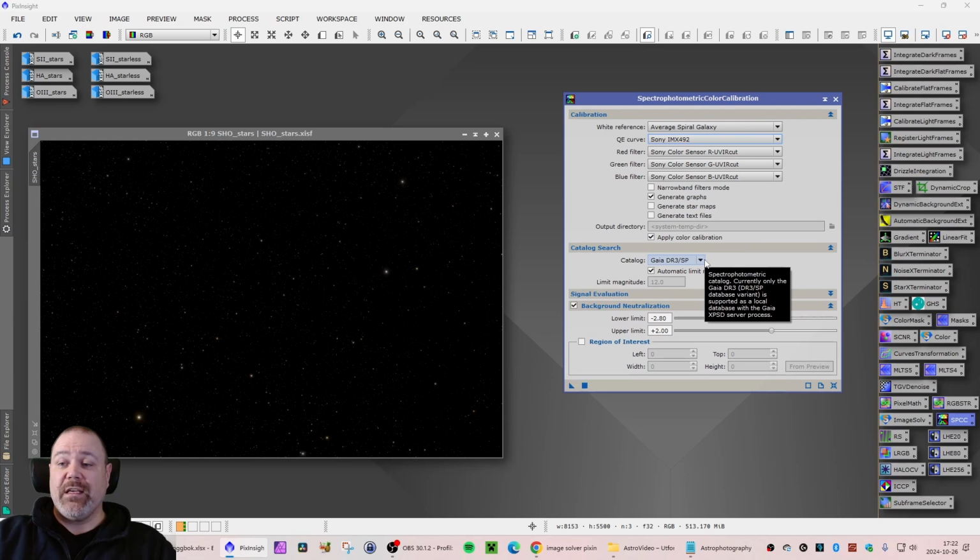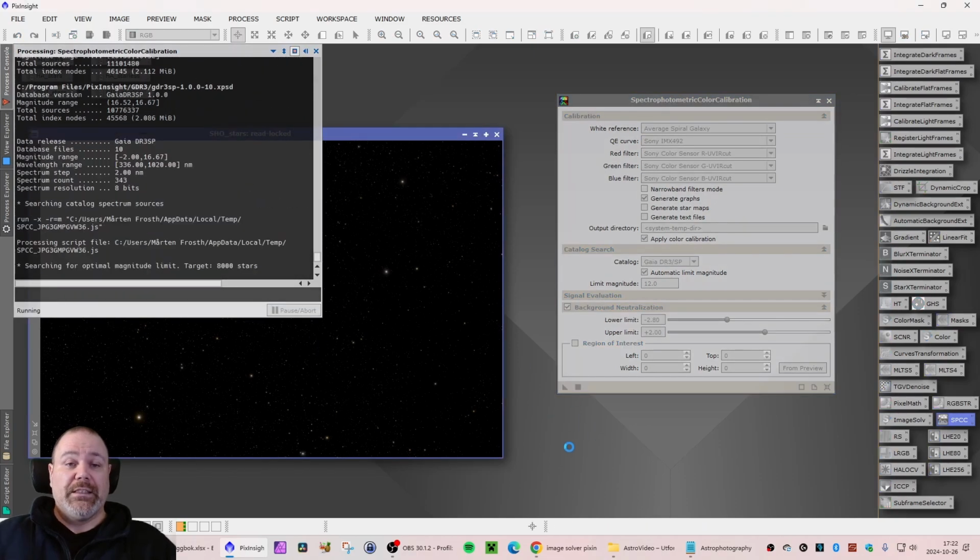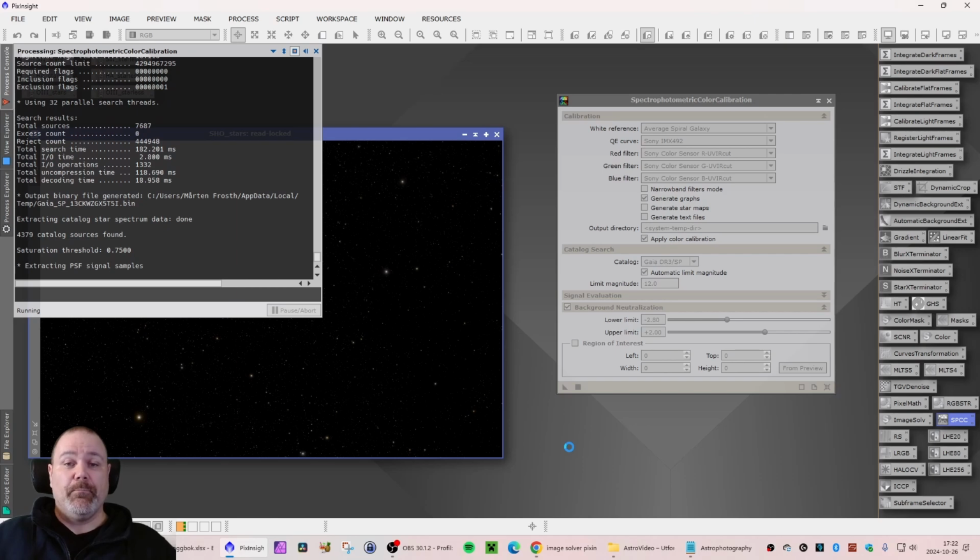Make sure that you have the Gaia DR3/SP catalog chosen. SP contains the color information of the stars. You will need to download and configure this one. So the same here as before. Check out my video on creating synthetic RGB stars if you don't have this installed or configured and you need help with it. After this, it's only a matter of dragging this little triangle onto the image here,